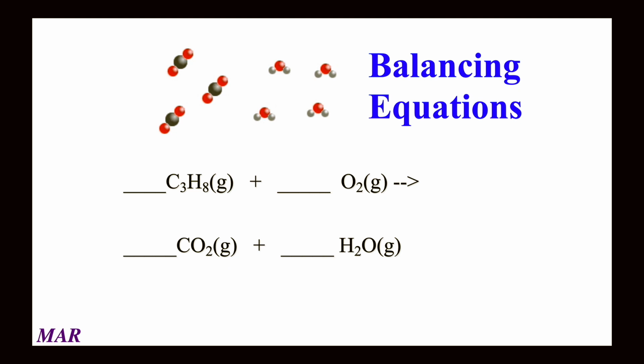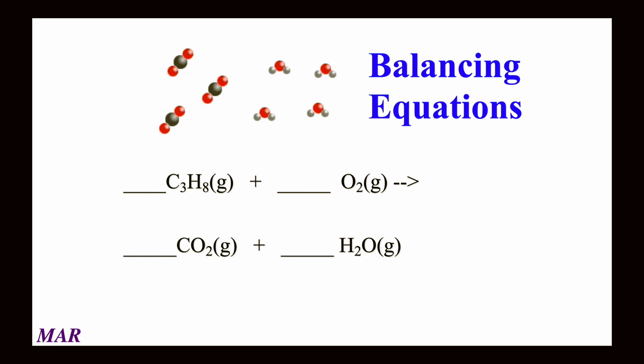Propane is C3H8, and when you're using a barbecue, propane combines with oxygen, and the products are carbon dioxide and water. This is called a combustion reaction, by the way. We'll talk about that later. But anyway, let's balance this reaction, and you can see just by looking at it that no way, this isn't